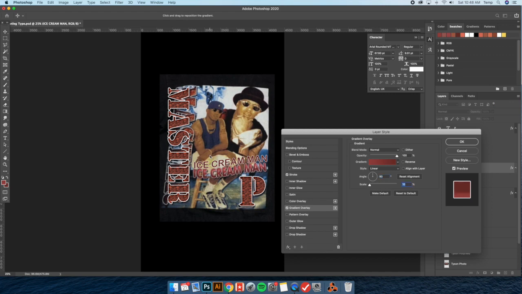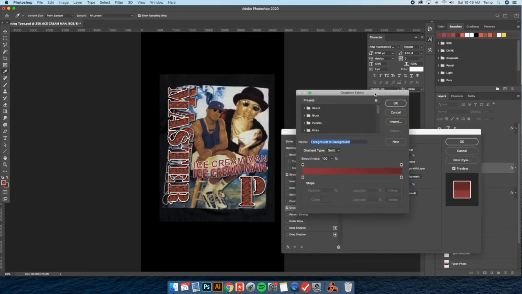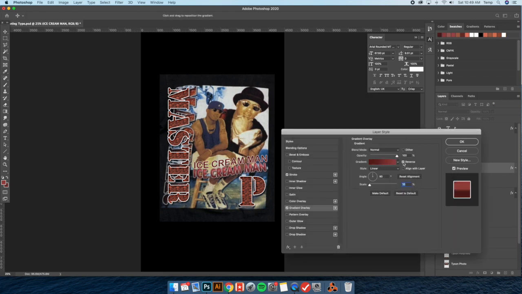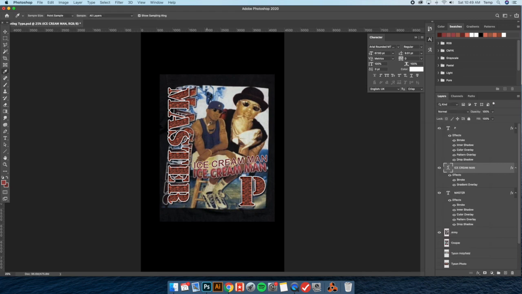Let's see if this gradient works. I think my colors are not contrasting enough, so it's really hard to tell where the gradient is. So let's make this a little bit darker so we can see that. There has been something weird with my gradient tool lately though. It's not working exactly the way it's supposed to, and I can't quite understand why. Actually right now the problem also is that